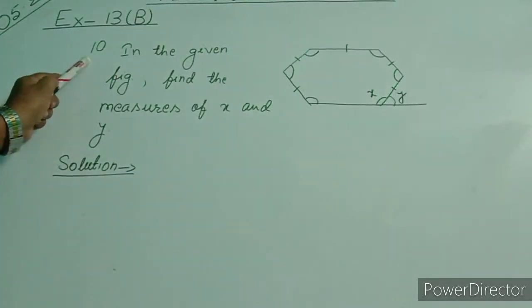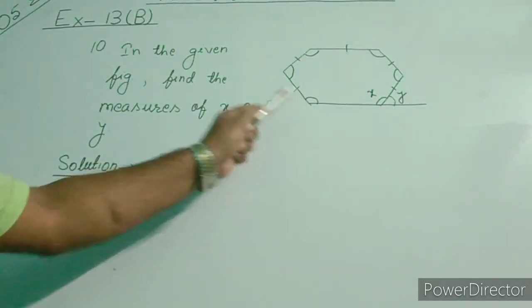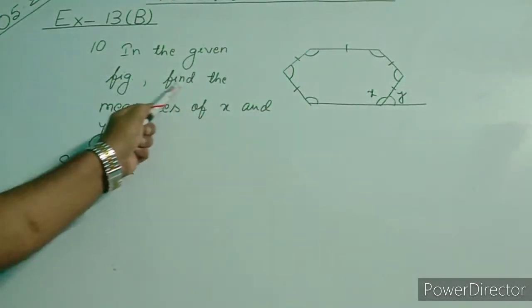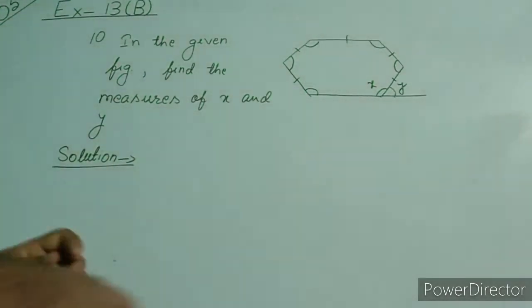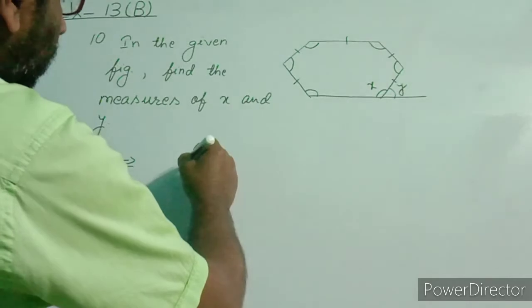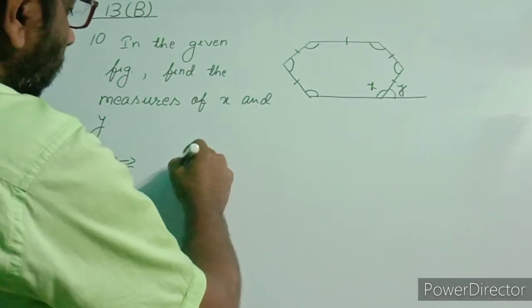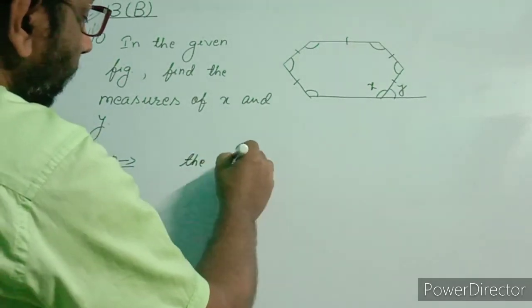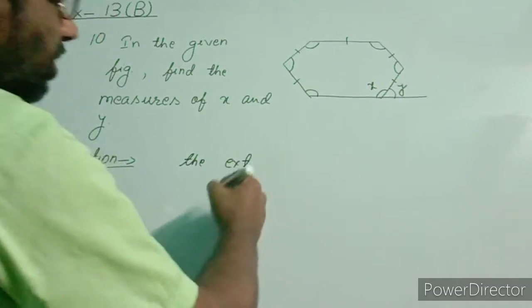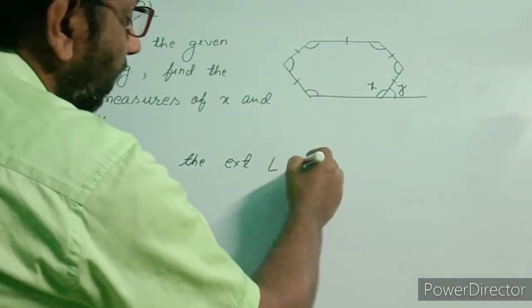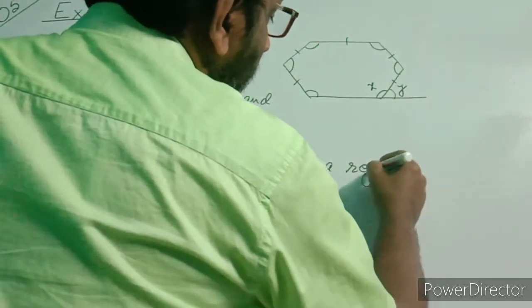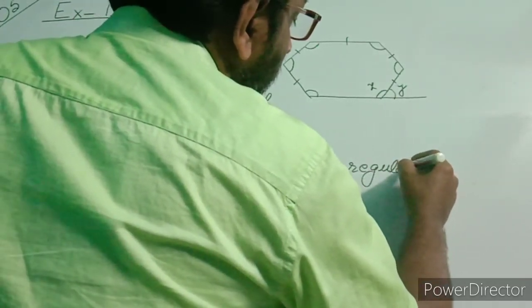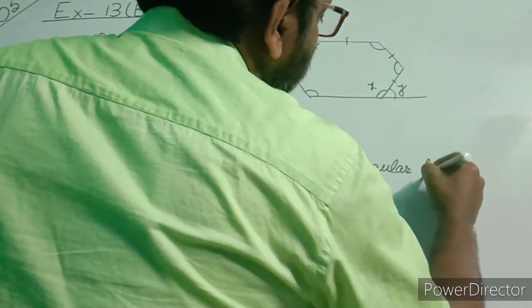In question number 10, this is the figure. In the given figure, find the measures of x and y. For that we write the formula. We know the exterior angle of a regular polygon